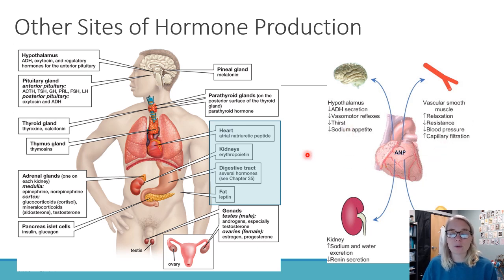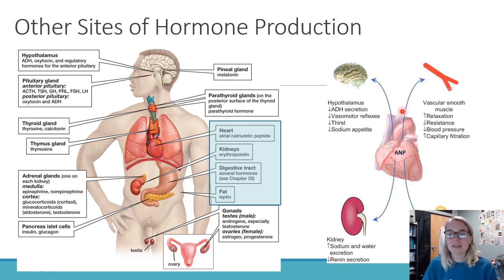So I'm going to focus on what's called atrial natriuretic peptide. This is from the heart, which we normally think is just the pump for the blood, but it actually can secrete a hormone. And this happens when your blood volume is too high. So if you have high blood pressure, high blood volume, your heart is stretching. It's getting a little bit fuller than it normally would. It's like, whoa, whoa, whoa, this could go bad quickly. So let's get rid of some of our fluid.